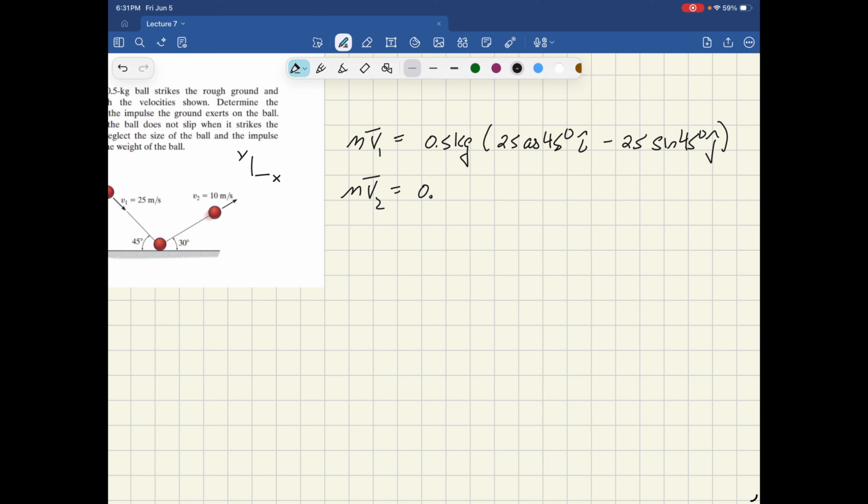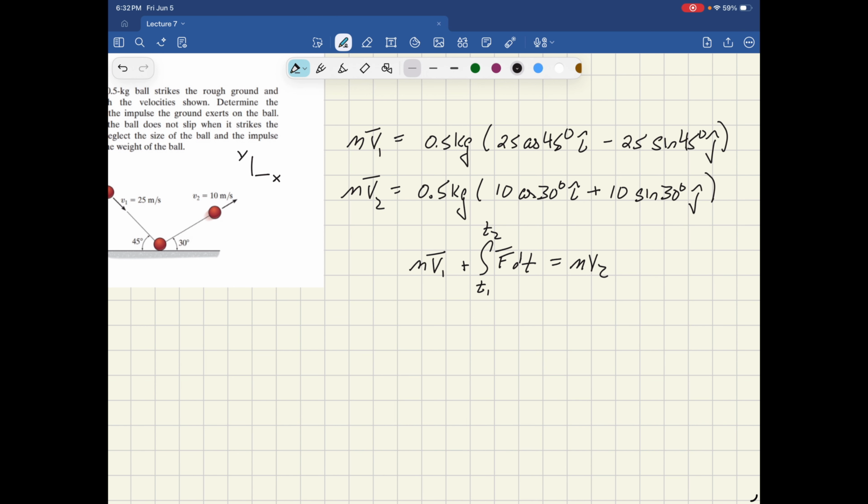The final momentum would be mv2. The mass stays the same, and in this case the velocity vector would be 10 cosine 30 degrees I. And now we're going in the positive y direction, so we have plus 10 times the sine of 30 degrees J. Now we write out our momentum equation, mv1 plus the integral between t1 and t2 of f dt, where f is a vector, equals